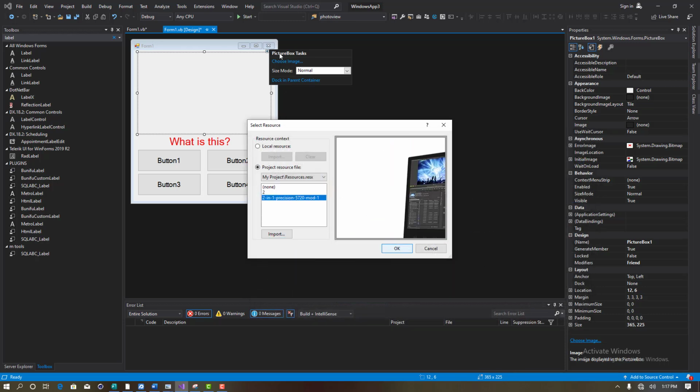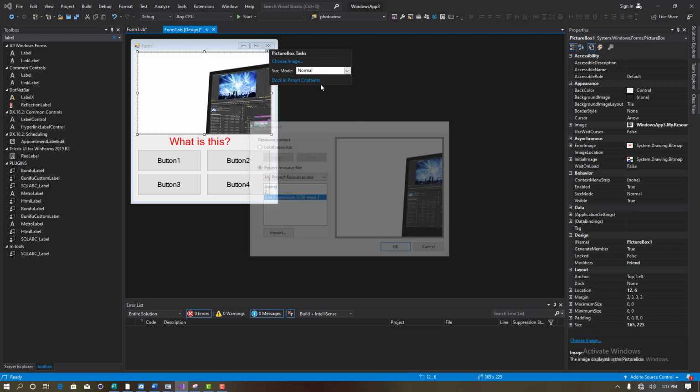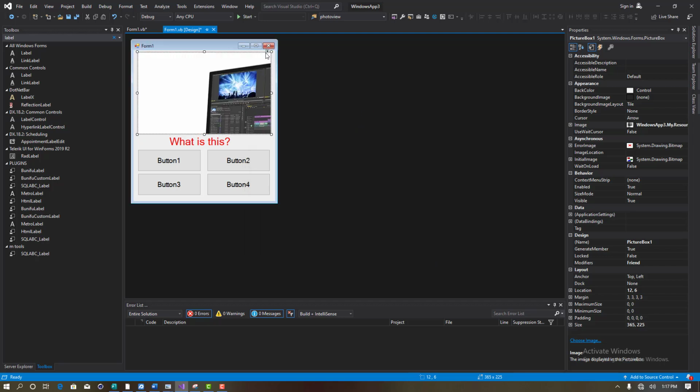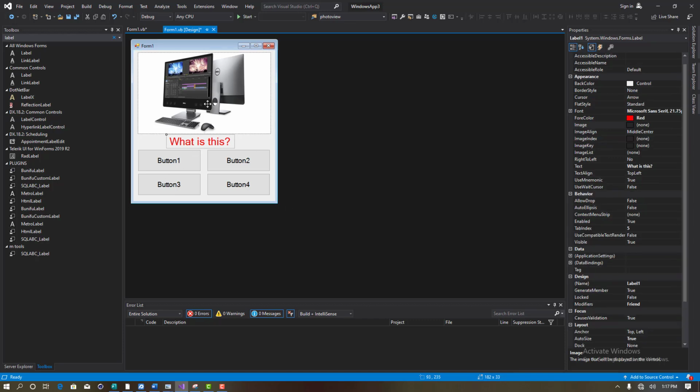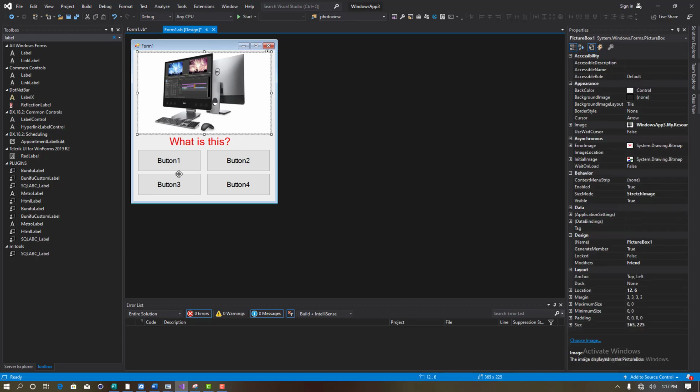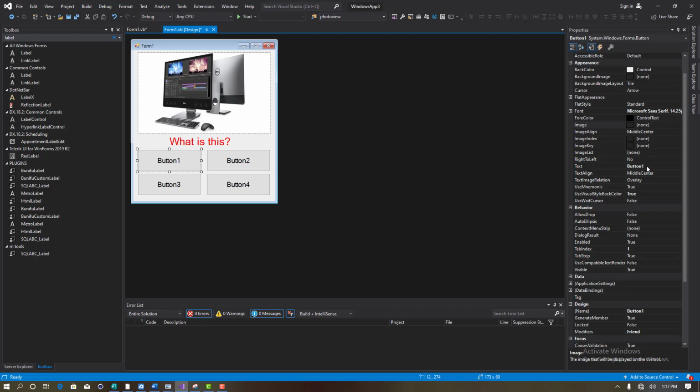Okay, so for this, let me turn the stretch size mode to stretch. Good. So it is asking me, what is this? So from this section, I will say